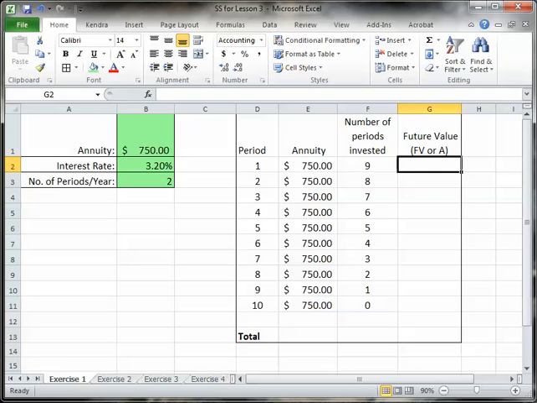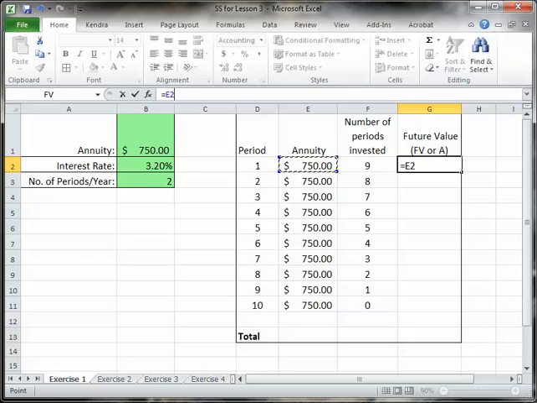Now here's our big formula, our future value. And we're going to use our compound interest formula that we developed in the first unit, in the first lesson. A equals P times the bracket 1 plus the interest raised to the power of the number of periods. This formula is in your notes and you can take a closer look at it there. So for our formula, we start with our investment, and our investment is the number that's sitting in E2, and it's going to change relative to the position. So we don't need to put the lock on it. We just have to go equals